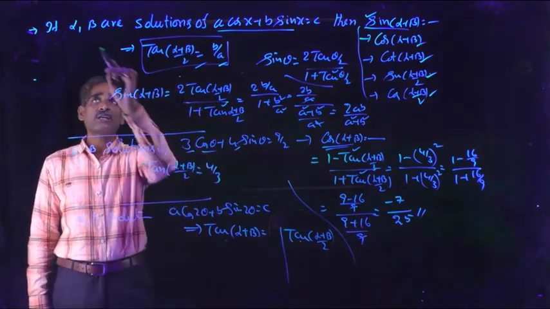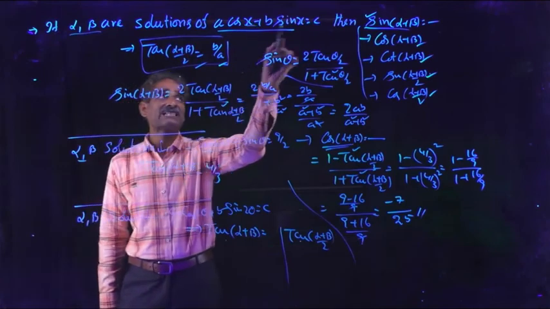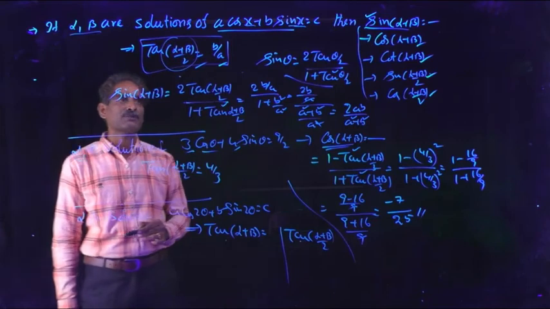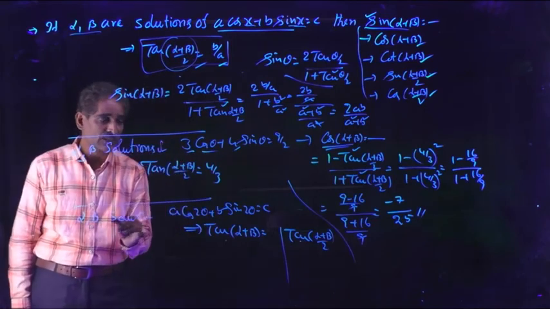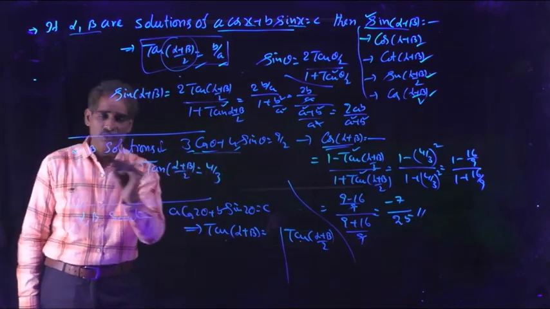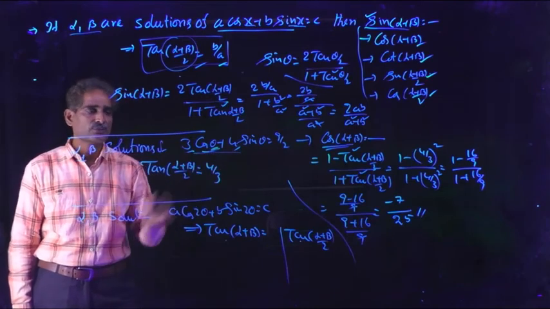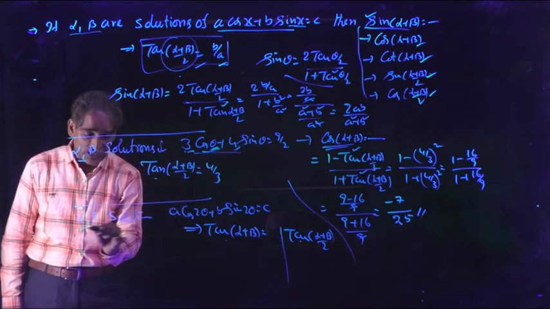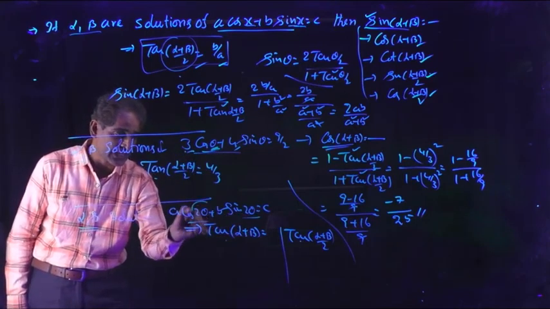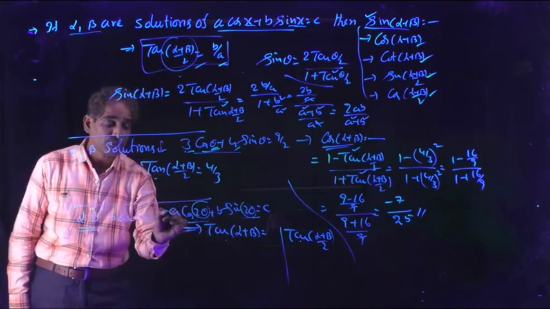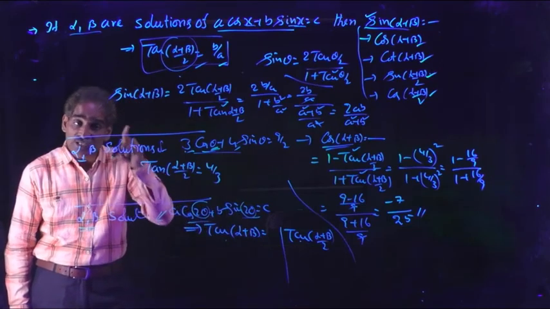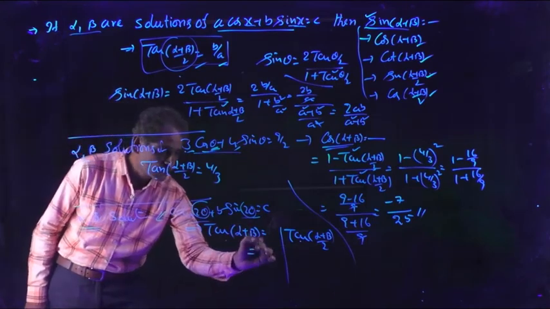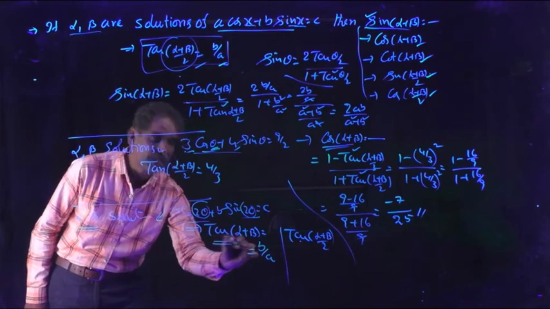Here observe that alpha, beta are the roots of the equation in x. Then this is the formula for tan of alpha plus beta by 2. Here alpha, beta are the roots of this equation, meaning alpha, beta is connected with theta. So in this case also, tan of alpha plus beta by 2 is coefficient of sine by coefficient of cos. But here alpha, beta are the solutions of this equation, meaning here the angle is 2 theta. From this we can write a quadratic equation in terms of theta. So here the coefficient of sine by coefficient of cos is nothing but tan of alpha plus beta.